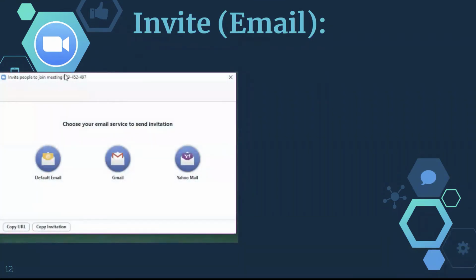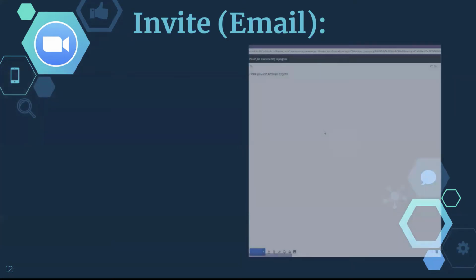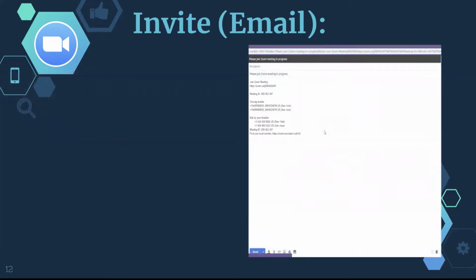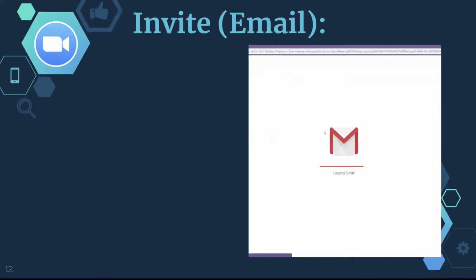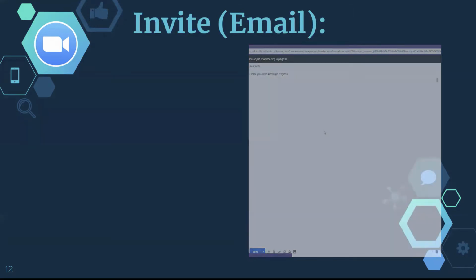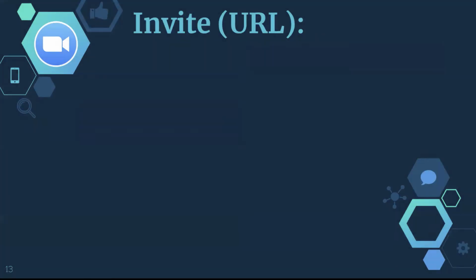This is what will pop up. It tells you what you want to use for email. If you are an Oswego associated email, those are associated with Gmail, and it'll automatically open Gmail for you, and it'll give you a nice little "please join Zoom meeting in progress" with all of this blubber that you don't need. You really just need the link, which I'll show you an easier way, which is inviting